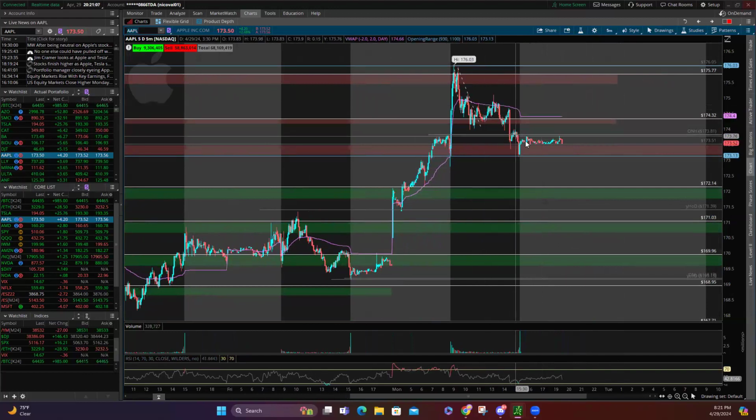This looks like tomorrow, if we're still around these prices and VWAP is on top, and if we maybe have a little pop up on the opening and then hold below VWAP, I'm gonna go for puts and try to see if we close this gap here. So this is gonna be very, very interesting.